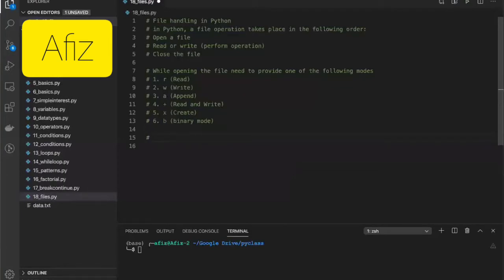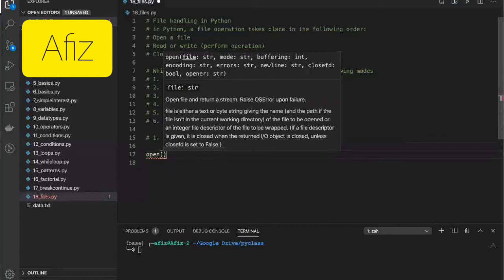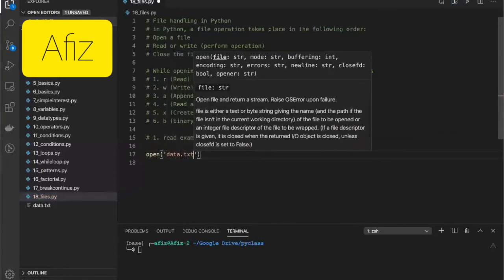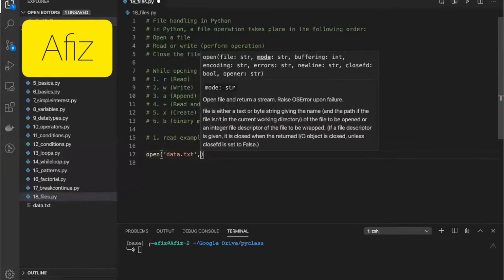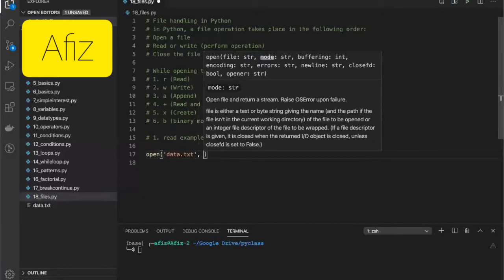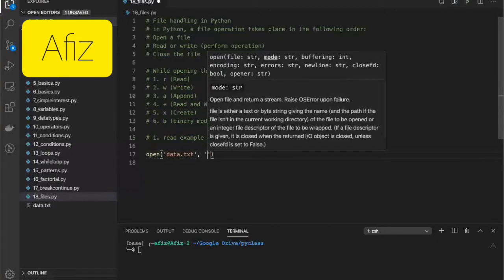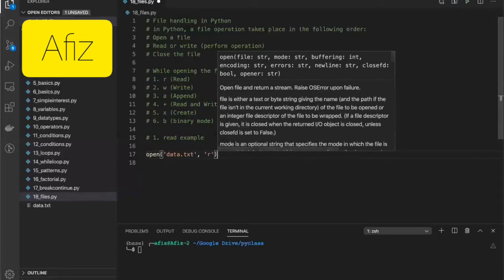In this first example, we will read the book, the read example. As I said, when you are opening any file, we can use the open method, and the first parameter will be the name of the file, and next we need to mention the mode. So why you want to open the file. In this case, I want to read it.